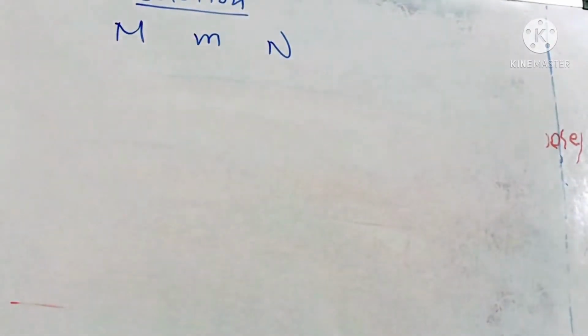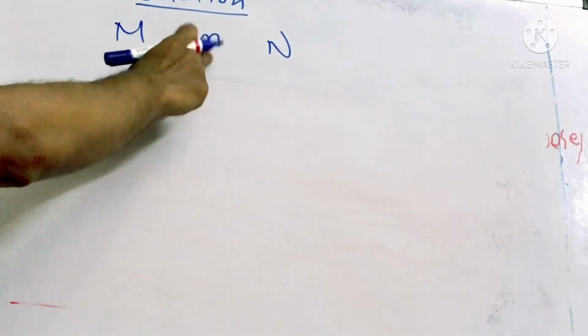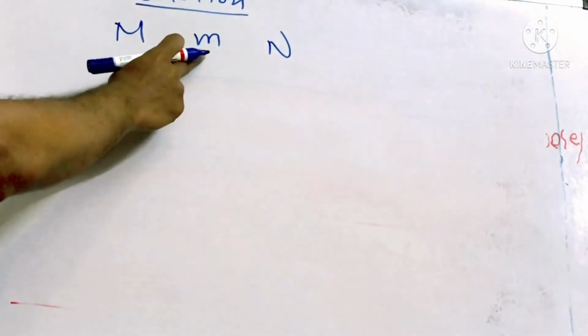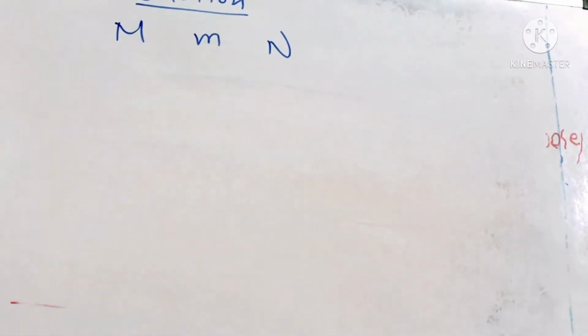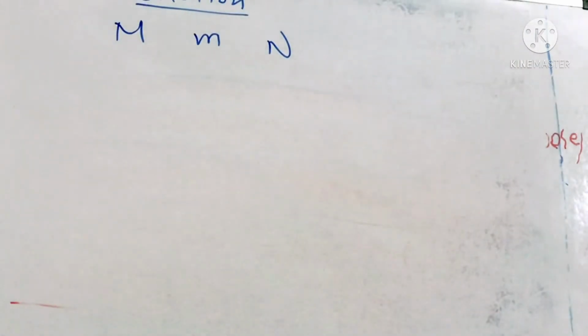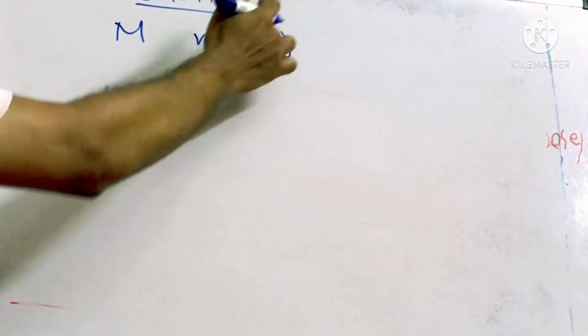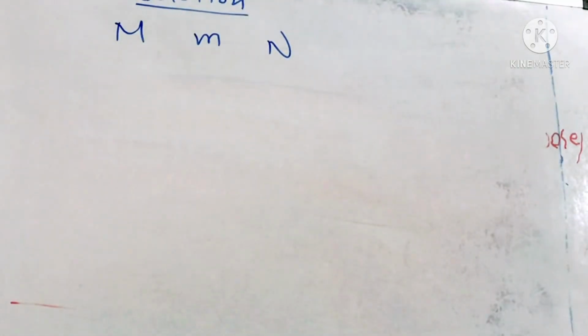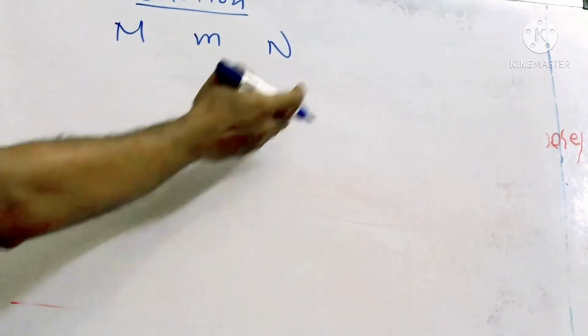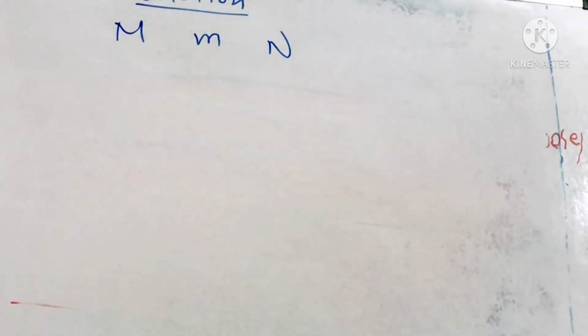Similarly, molality we have seen, that is per weight we have to take here, per kg: number of moles of solute per kg of the solution, or number of moles of the solute divided by weight of the solution in grams multiplied by 1000. And we have also seen normality, where we take number of gram equivalents of the solute per given volume of the solution. So number of gram equivalents of the solute divided by volume of the solution multiplied by 1000. We have seen gram equivalent is nothing but its molecular weight divided by its valency.